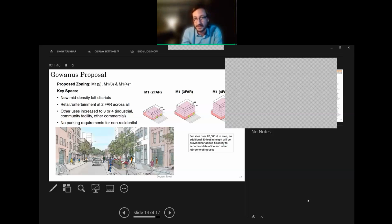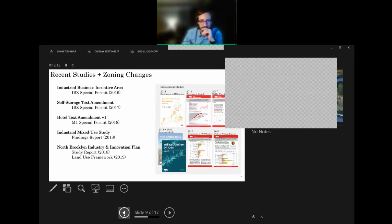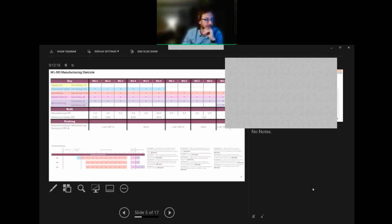For the arts uses, cultural uses and light industrial uses, I can't go into all of what's included because we're actually still working on all of the uses. That's one of the reasons why we hope to certify this January. So we're still working on compiling all of those more detailed uses. But if you read through some of these things on the bottom right, which is probably really hard to see, it's really the stuff that would be focused on art galleries, jewelry makers, some of the more craftsman type uses,